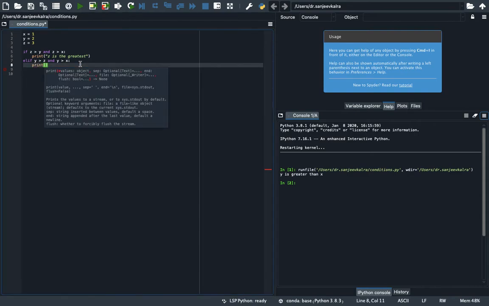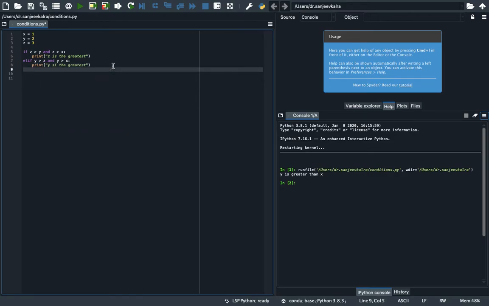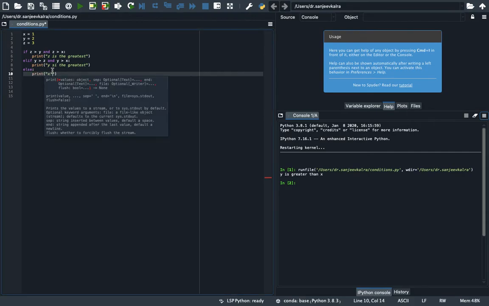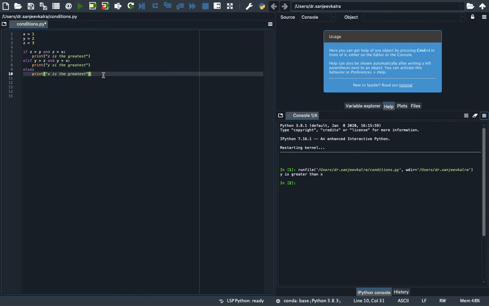We should write that y is the greatest. But there's one more possibility that x is also left, so x can also be the greatest, so we use else statement here because it's the ending. Else, if both these conditions are false, so what would happen? We should print that x is the greatest because x is only left. So let's run it.